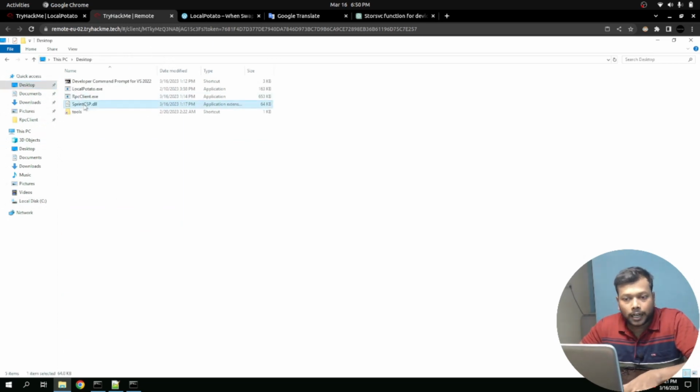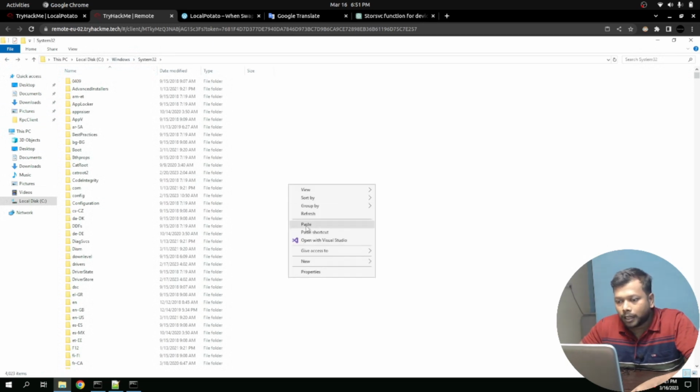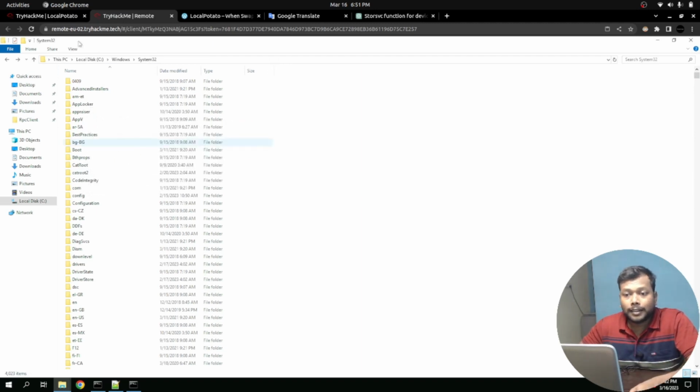Print csp.dll. I copy that and I'm going to the system32 directory. Here I'm trying to paste it. You need to provide administrator permission to copy this folder. So we need the administrator privilege. It is not allowing us to copy. And this is where the